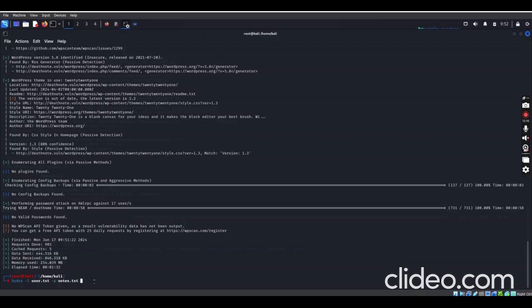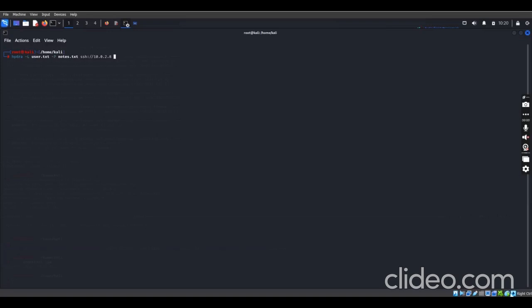I'll be telling Hydra to brute force through SSH. Get me the SSH login: run this list of usernames and list of passwords on the SSH on the website and see if they match the credentials for me to log in. I think this is 8. Yeah, 8.